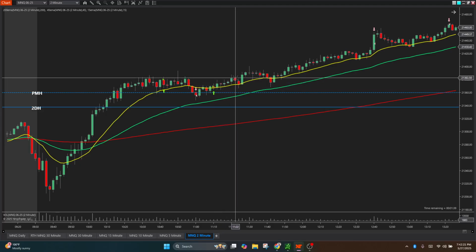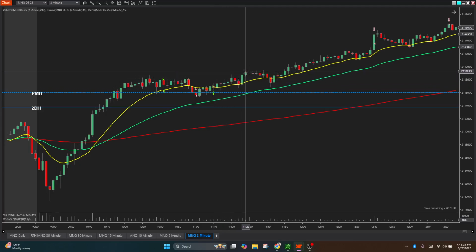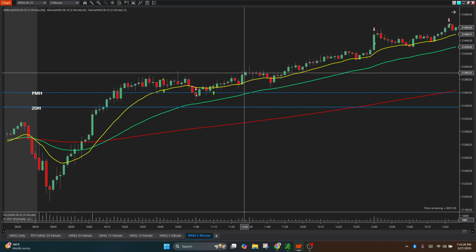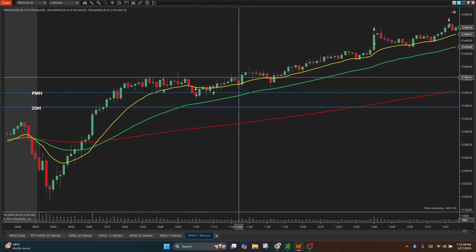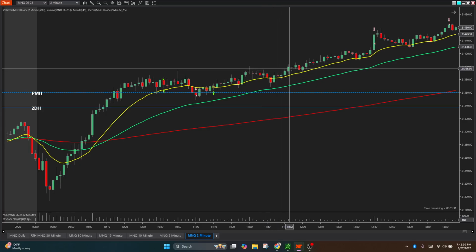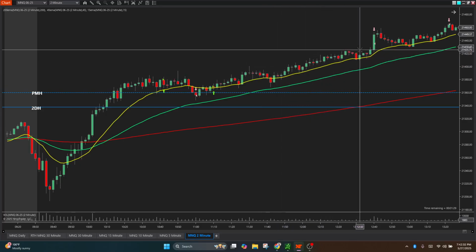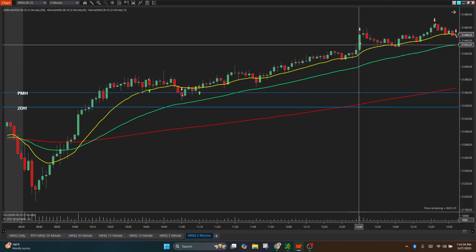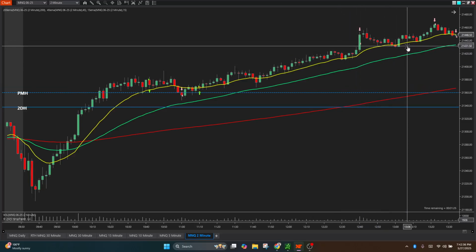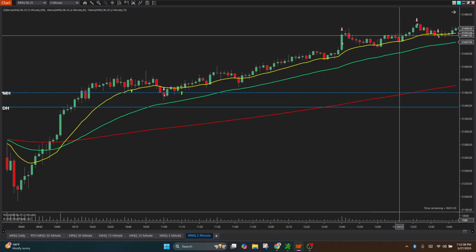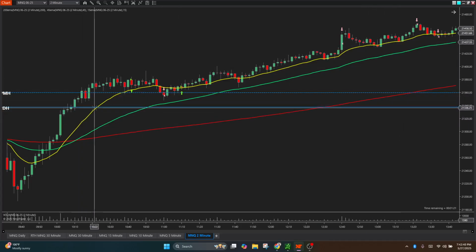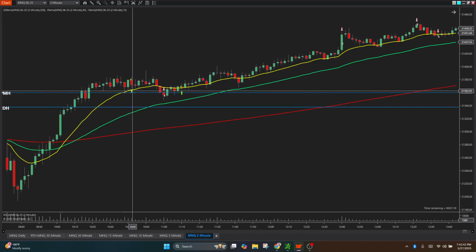And then you can see we started to get a little bit more momentum right here, but we can't really get going. We kind of just slowly were grinding up. And then we finally got a decent move up here. I took one off. But really that's kind of my strategy: I'm waiting for a price to retrace back